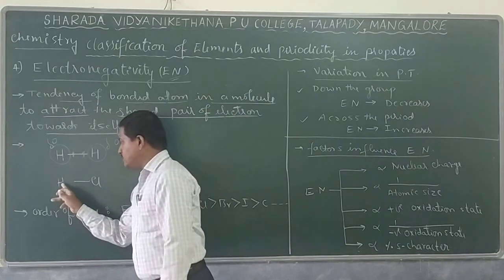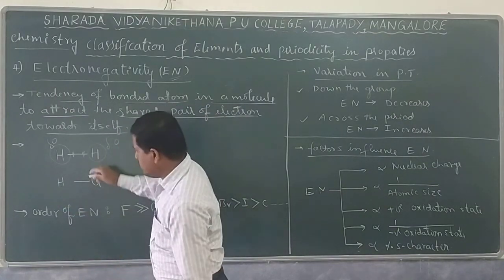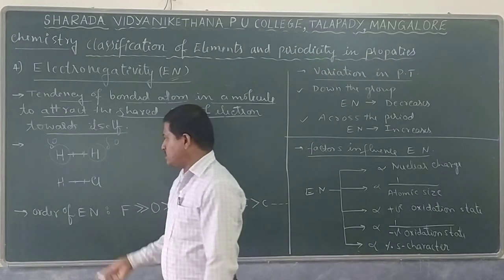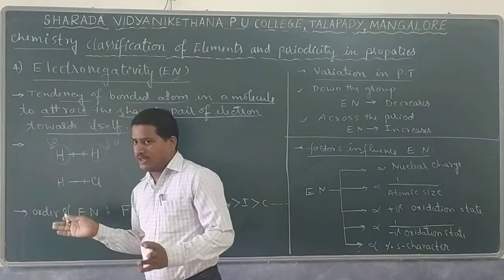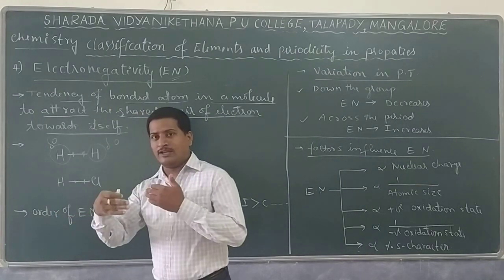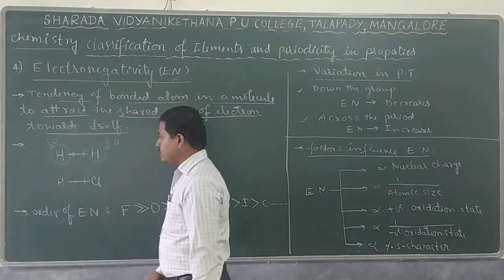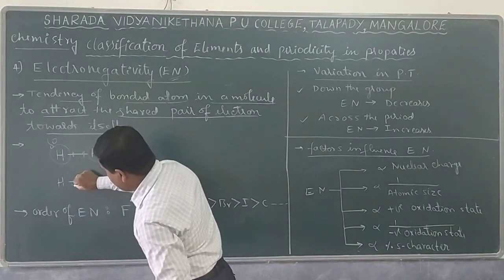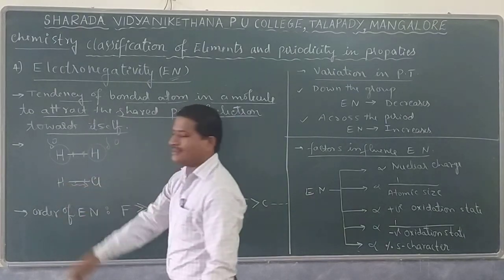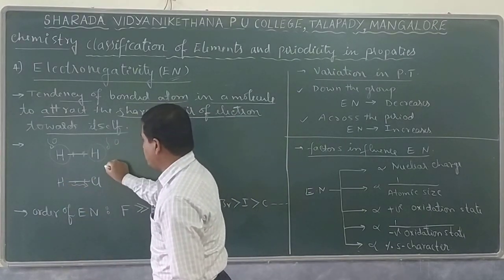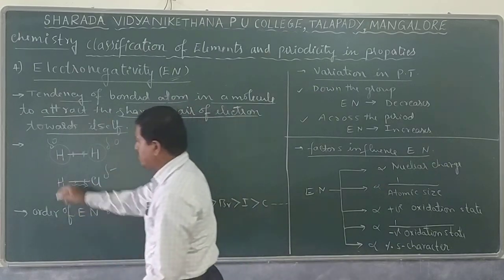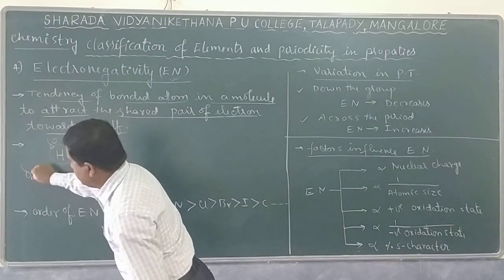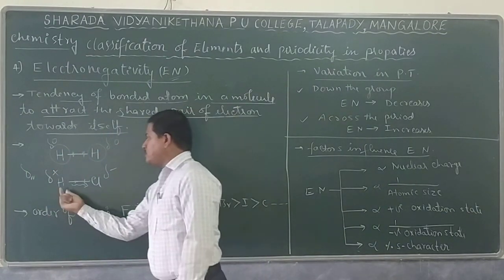But if you go with the H and Cl, there are two electrons involved, one from chlorine, another one from hydrogen. But here the two atoms present are different, so these two electrons are not placed equidistant to each other. Chlorine attracts electrons, so this pair of electrons is somewhat nearer to the chlorine rather than the hydrogen, so chlorine now experiences partial negative charge, whereas hydrogen shows partial positive charge. This indicates delta. Delta is nothing but partial.